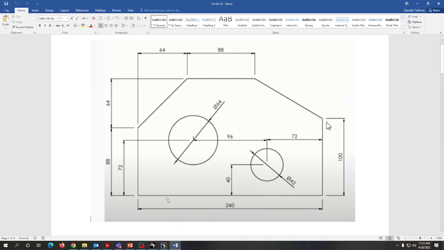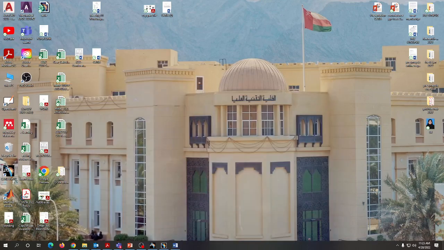To start any sketch, you have to check whether all the dimensions are given. From the dimensions point of view, it's very, very important to give the constraint. So we have one horizontal line. This is 240, and again till here I'm not looking into this 72 mm. All dimensions are in mm. This is for the circle to create. So from this coordinate point, I'm going to take this 88 and this 88 and this 100. So my sketch starts from this vertical line, this slanting line, again a horizontal line, and a slanting line, vertical line, horizontal line. So to do this sketch, what I'm going to do, from CATIA,